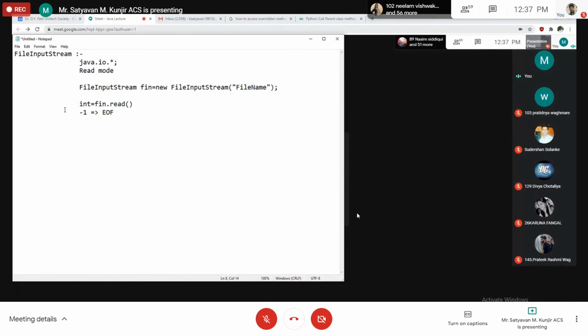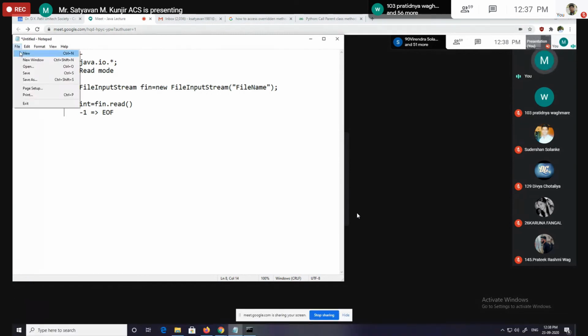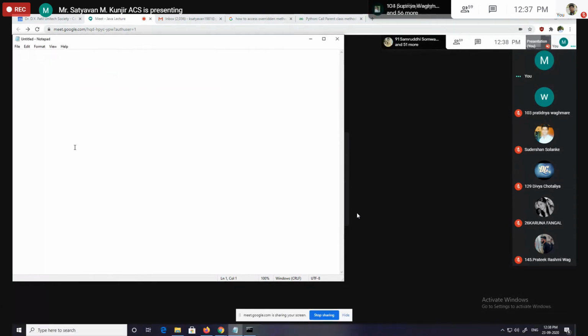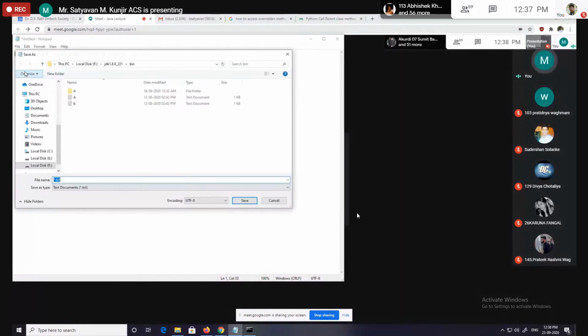Okay. First, what we have to do, we have to create a file from which we want to read the data. So here I am creating one file. Suppose, Patil College, Pune 18. That we are saving in our file, and I'm saving that file at the same location where our Java program is going to be saved.